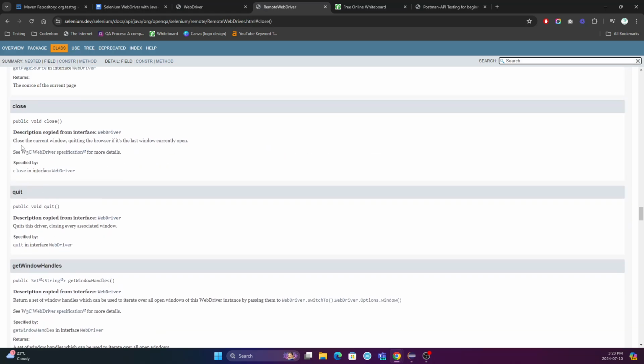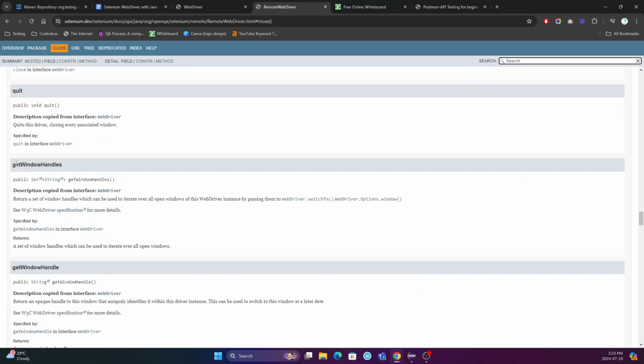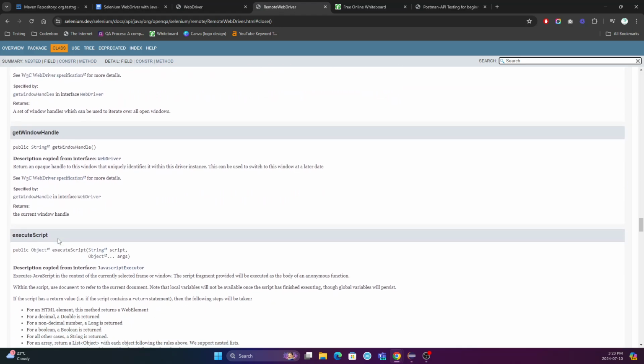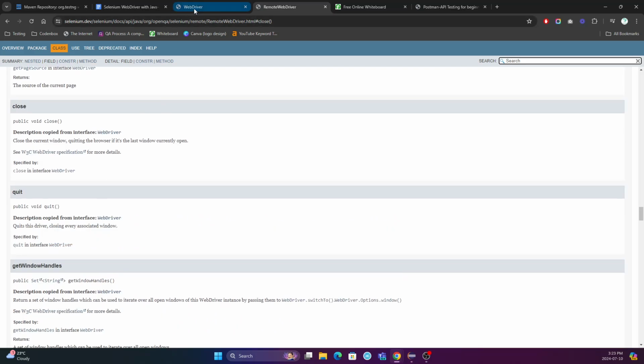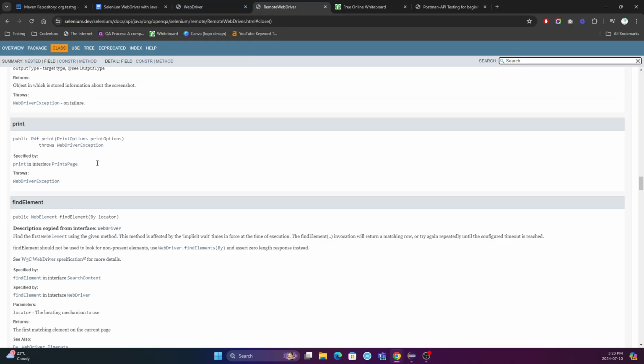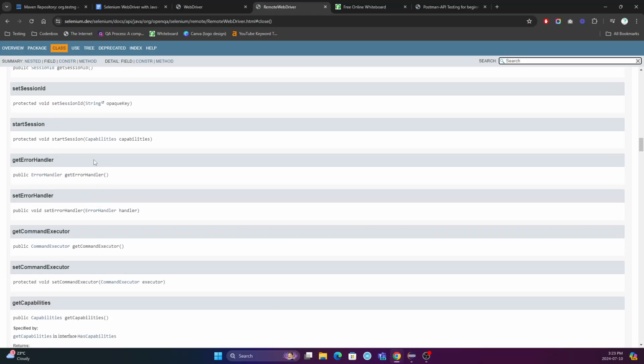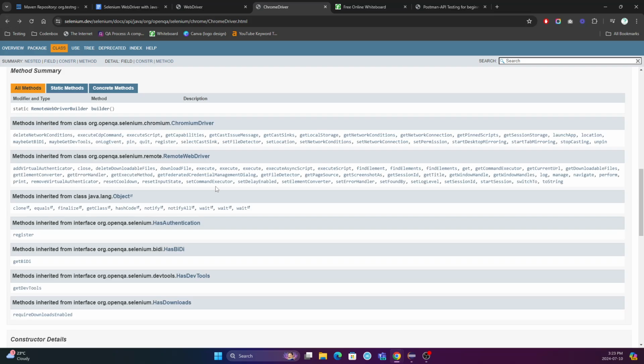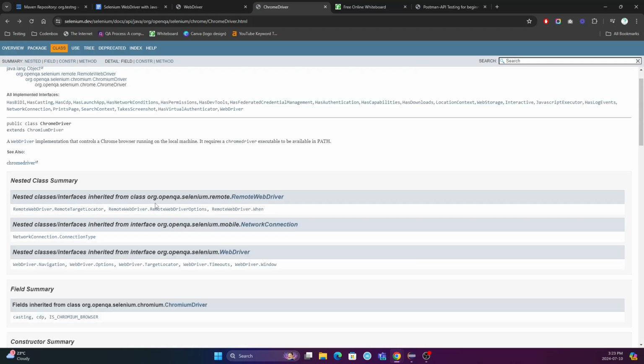Inside those methods, this close method has the code. You can see the close method has the actual code defined. The quit method, get window handles method, those are the common methods that are also declared in WebDriver without a body definition. But the ChromeDriver class has all the same methods with a body definition. It means how those methods are going to work in the Chrome browser, the related code is there. Similarly, in